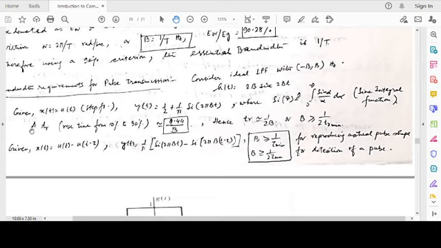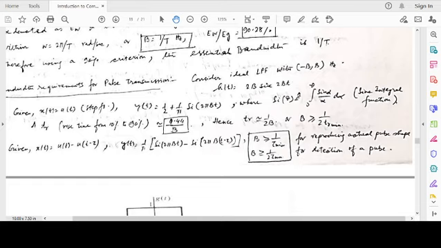So we define a rise time concept. You are familiar with this from network theory. Rise time is defined from, let's say, 10% to 90%. So the ideal step function has a rise time of 0. When it passes through a low pass filter, the step function would slowly rise up till its maximum value.